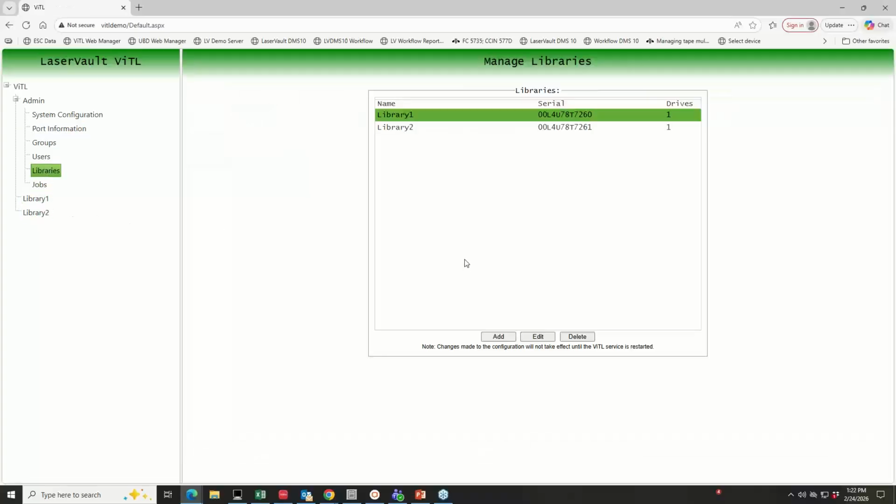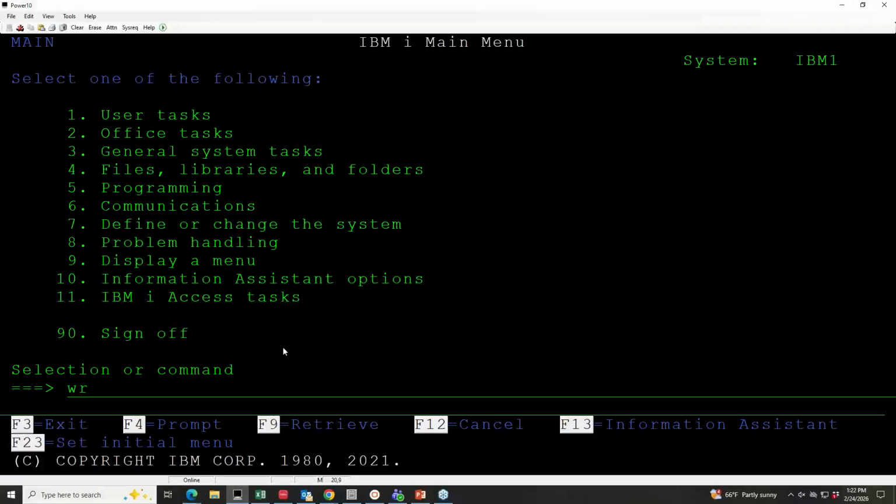So primarily this interface is used to create your VTLs, add in your media, configure your path options, compression, deduplication, whereas your backups and restores are going to be handled by the IBM i just like you're doing today, with the capability of doing full system restricted state saves as well as D-mode IPL from a virtual tape. If we go to the IBM i side,